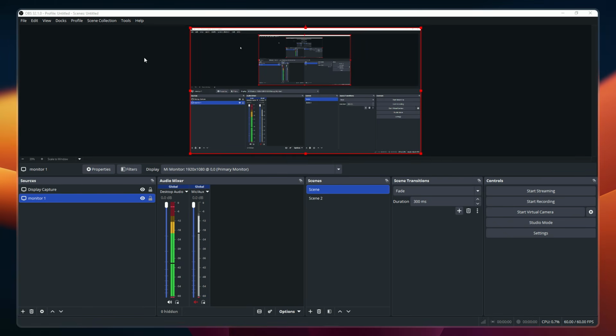Once OBS launches and you can see your main interface, direct your attention to the bottom left section of the screen. This is where you'll find the Sources panel, which contains all the different elements you've added to your current scene. Your sources might include things like display captures, game captures, webcam feeds, or other media elements you're using in